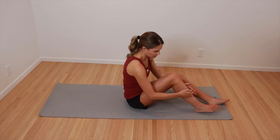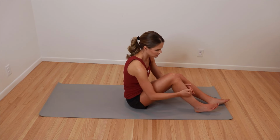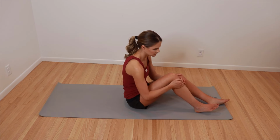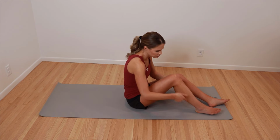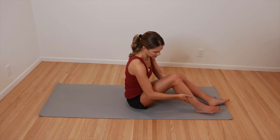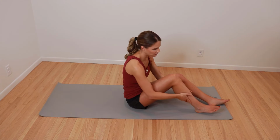So front and the sides. And then we're going to work in the back, and again you can go straight up the back of the lower leg around that calf area to those lymph nodes that are right behind the knee. And once you spend doing about 5 times or so in each area of the lower leg, then you can